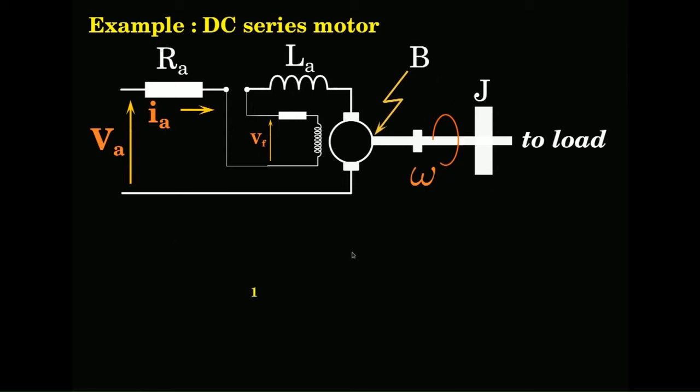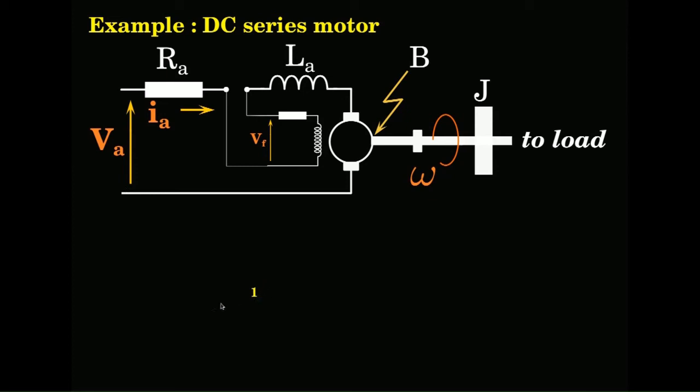Now, let us see how we will model. Now, I am putting a one junction here because it is central to all this. If you see, everything is having a common flow. This is having common flow, this is having common flow, this is having common flow, everything here on the electrical side.